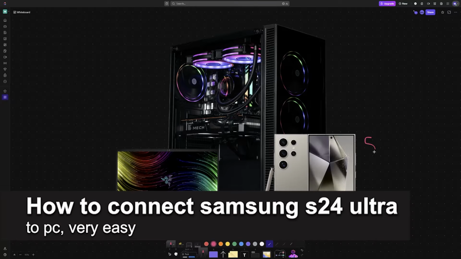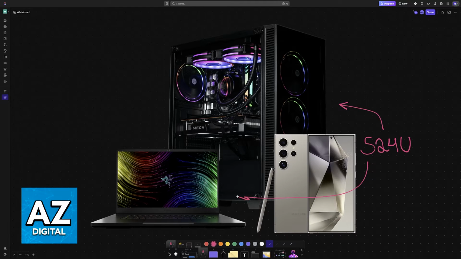In this video, I'm going to teach you how to connect your Samsung S24 Ultra to PC. It's a very easy process, so make sure to follow along. If you have a standard desktop or even a laptop, you will be able to easily connect your S24 Ultra to them. The primary purpose of doing this is to transfer any files, videos, images that you have on the phone's storage, but of course you can connect it for various other reasons as well.